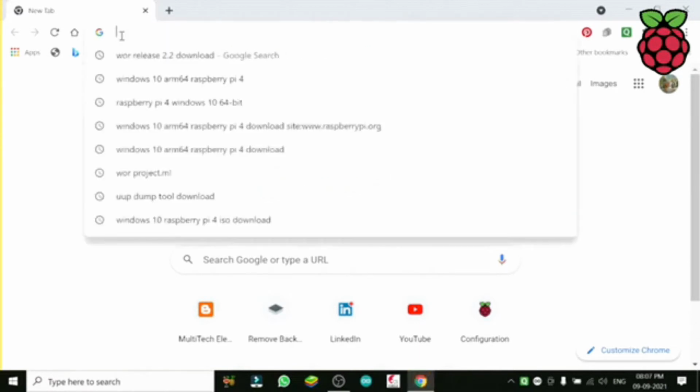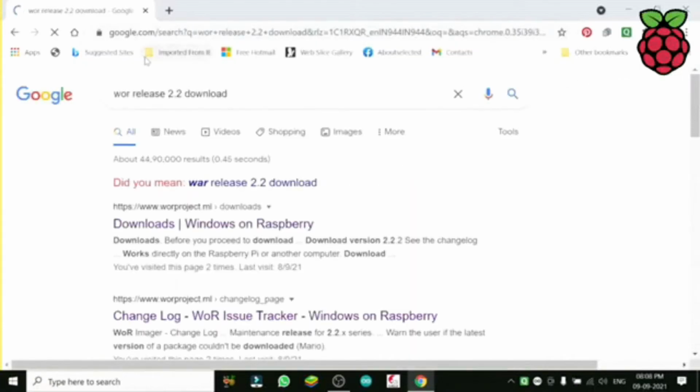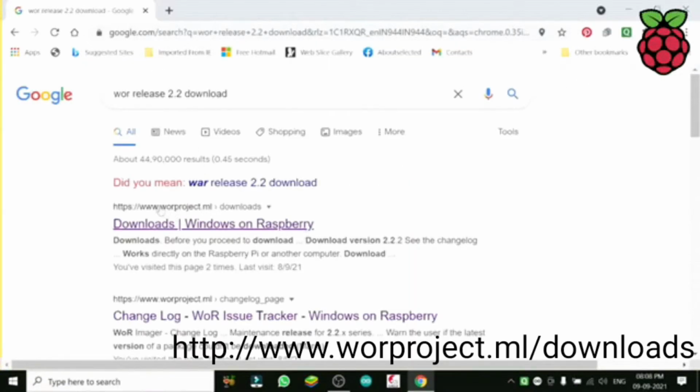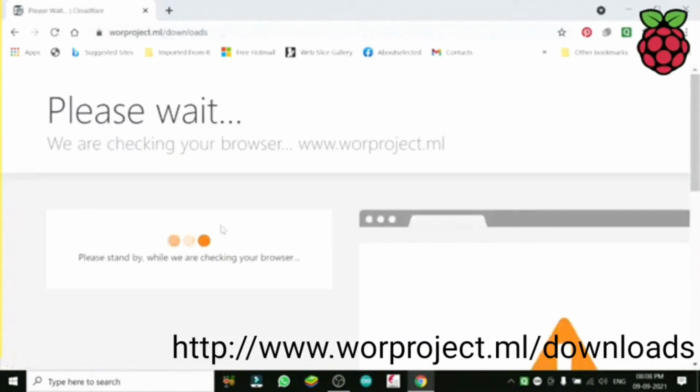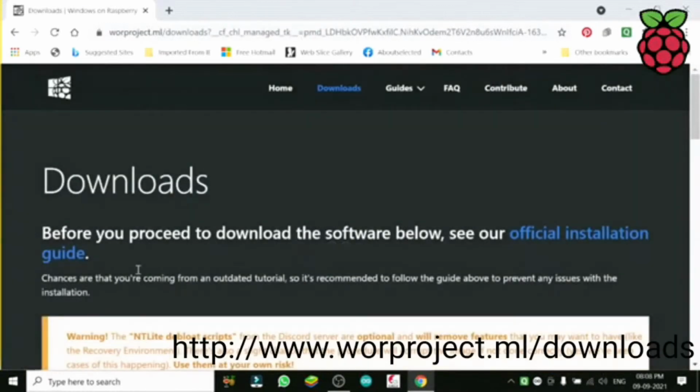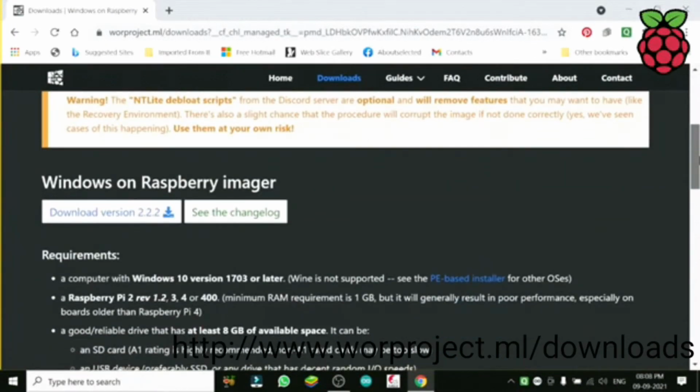It hangs up. So see, I am searching for the word software. I have written worproject.ml/downloads. So I will open it. It is not war, it is WOR, okay? So now it is opening. Here we come on this screen and we will download.